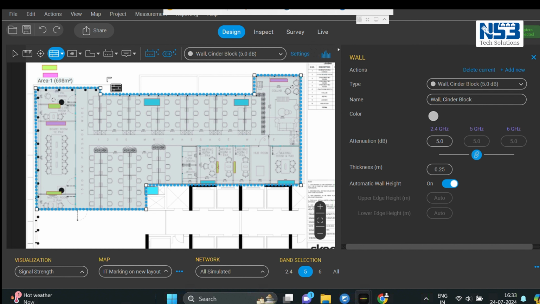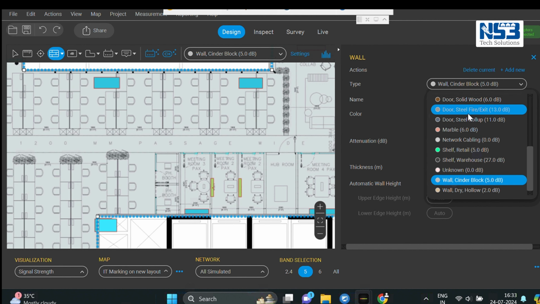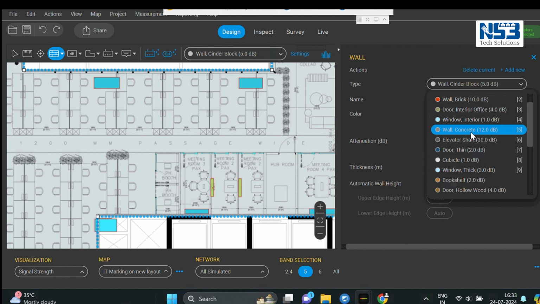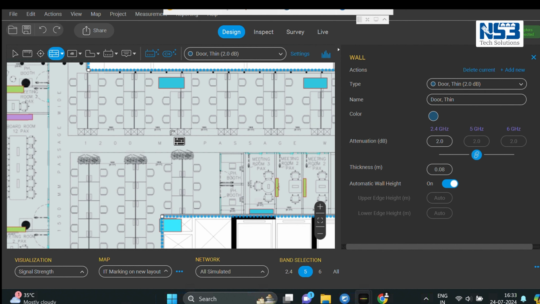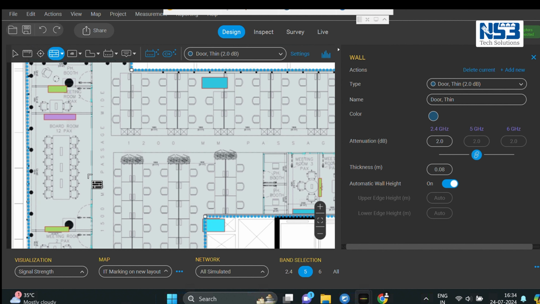Once done, just verify if all the boundaries are accurate. Now coming to the glass partitions, we usually define them with the door thin.